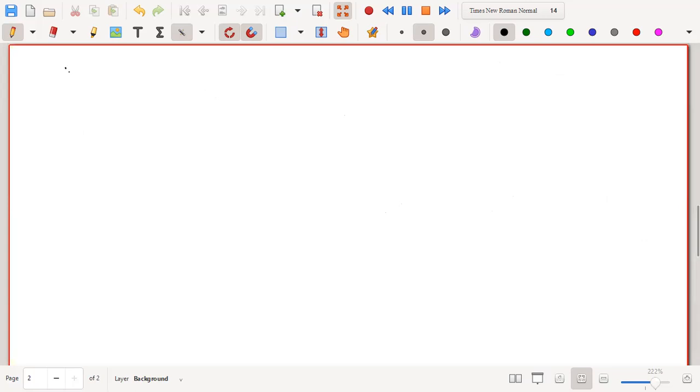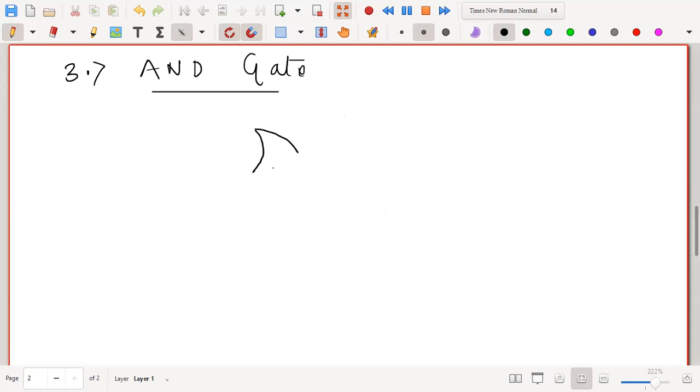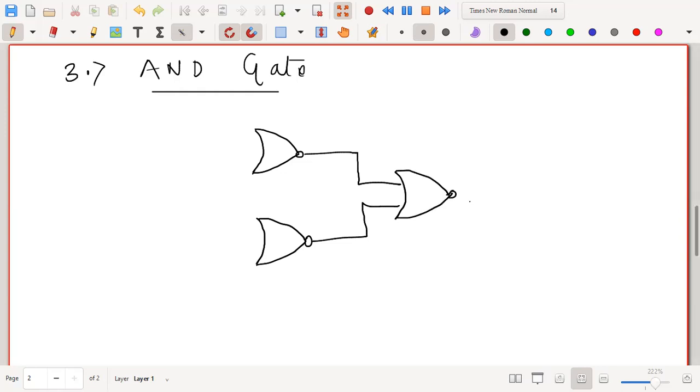Now let me go and tell you about the last one, that is how we can design an AND gate using a NOR gate. Okay, so here I need three NOR gates. The output from here and the output from the other I will again feed as the input to another NOR gate here. This is another NOR gate. Okay. Then here